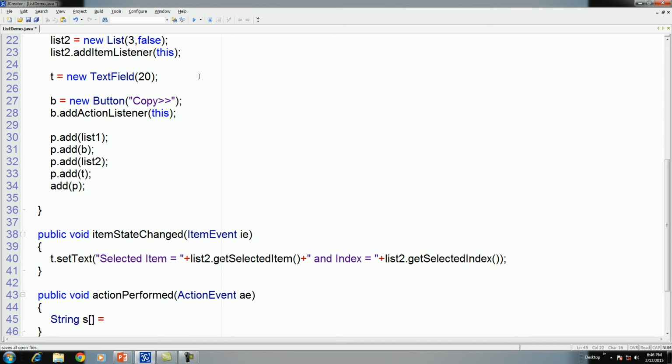Therefore call the method list1 dot get selected, not item, but get selected items because we have multiple selection. Before that, clear list 2.